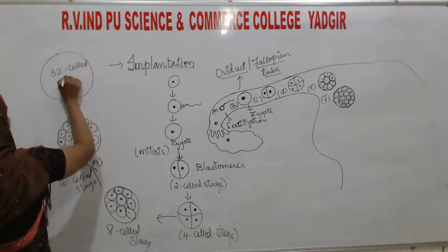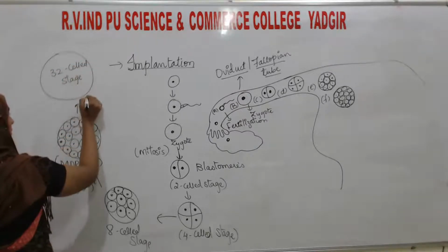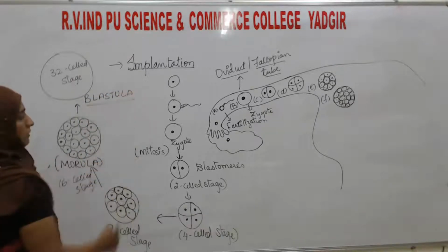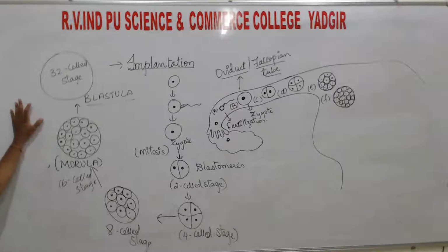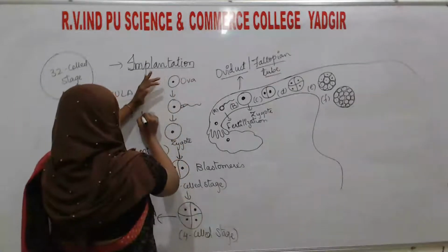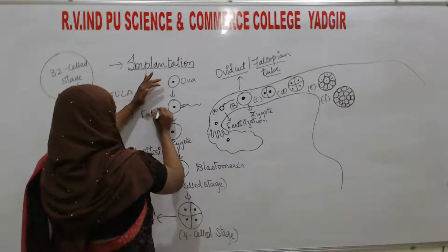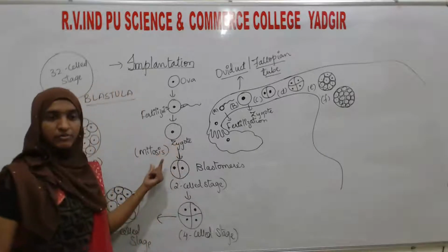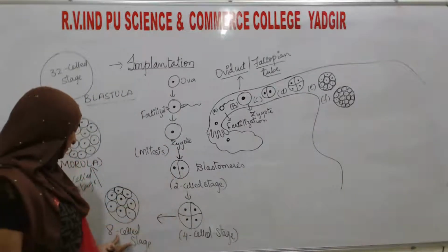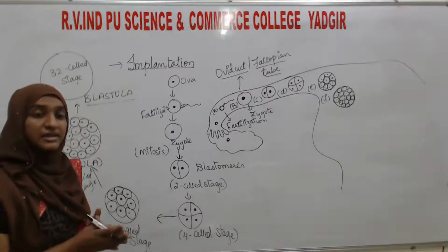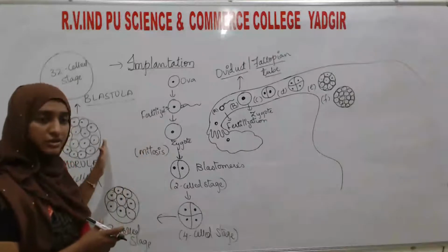32-cell stage, and this 32-cell stage you can call the blastula. What is it? This is the blastula. This is the ova. Here fertilization, then zygote formation. The zygote will undergo mitosis: 2-cell stage, 4, 8, 16, 32-cell stage, which is known as the blastula. Where is all this division taking place? That is in the